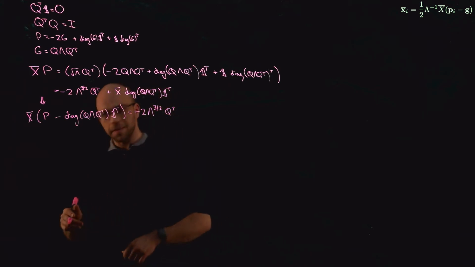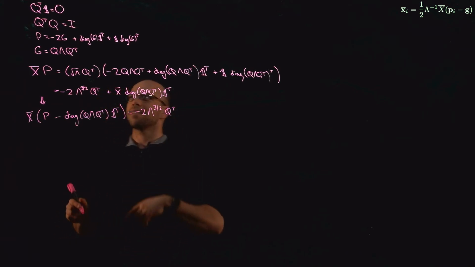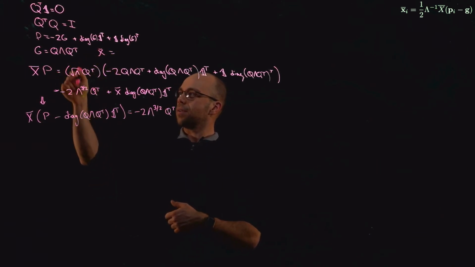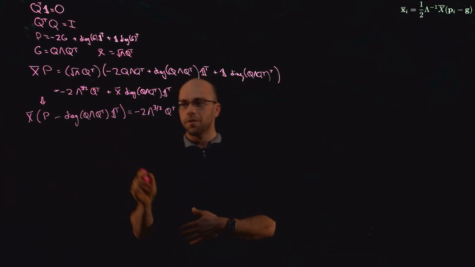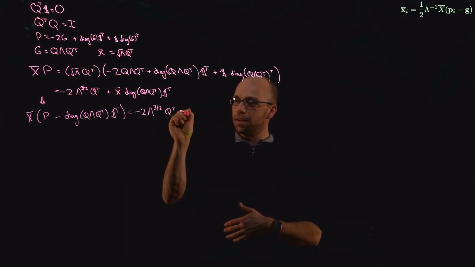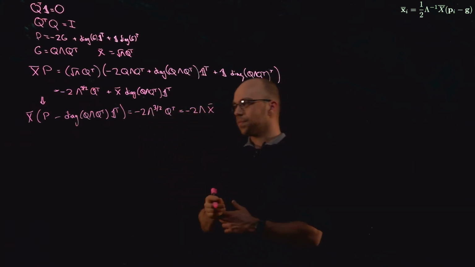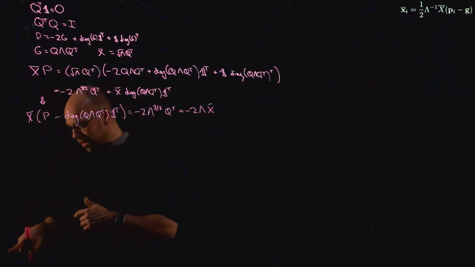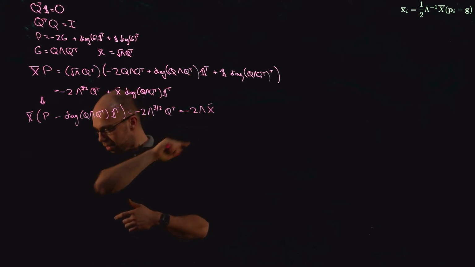Okay, and of course, remember that lambda times q transpose is x bar. In fact, we keep using that, so maybe we should write it here. Right, so it's the square root of lambda times q transpose. So just for fun, let's factor that out. So we're going to have a negative 2 lambda x bar. So in particular, what this means, if we multiply both sides by the inverse of lambda here,